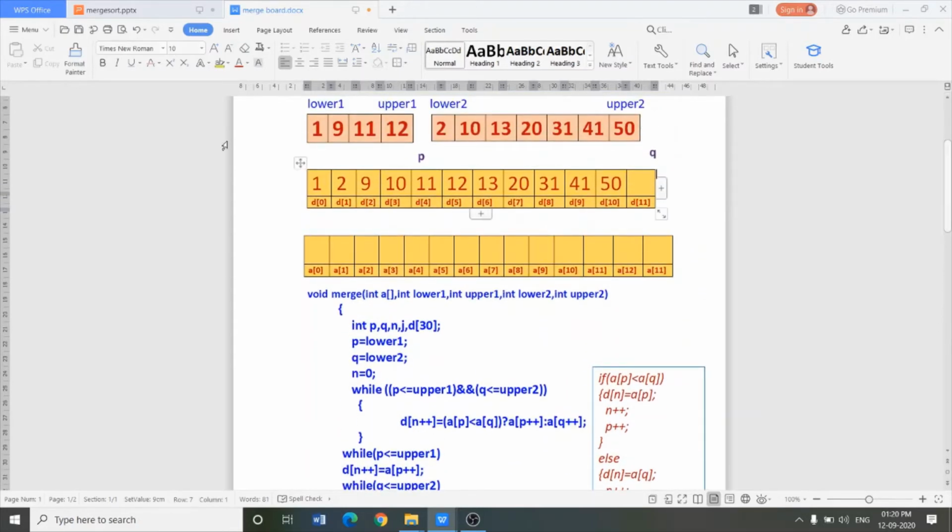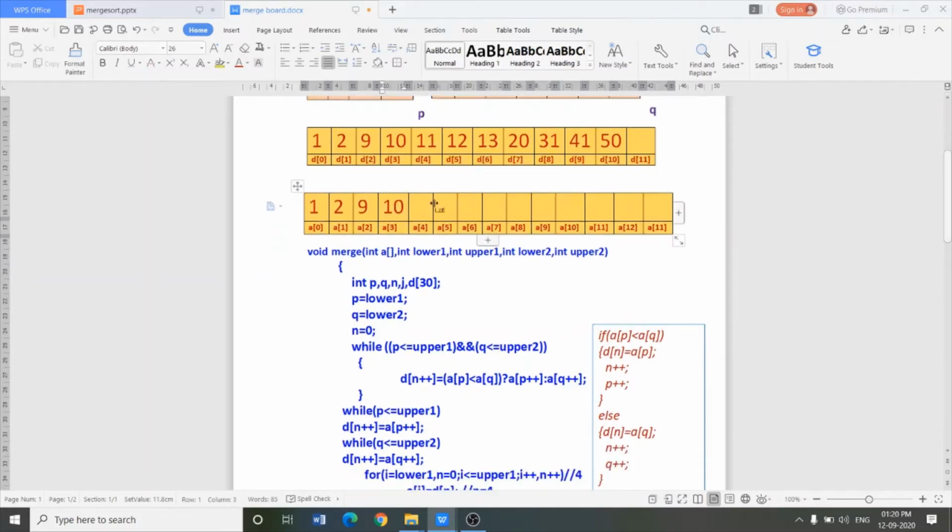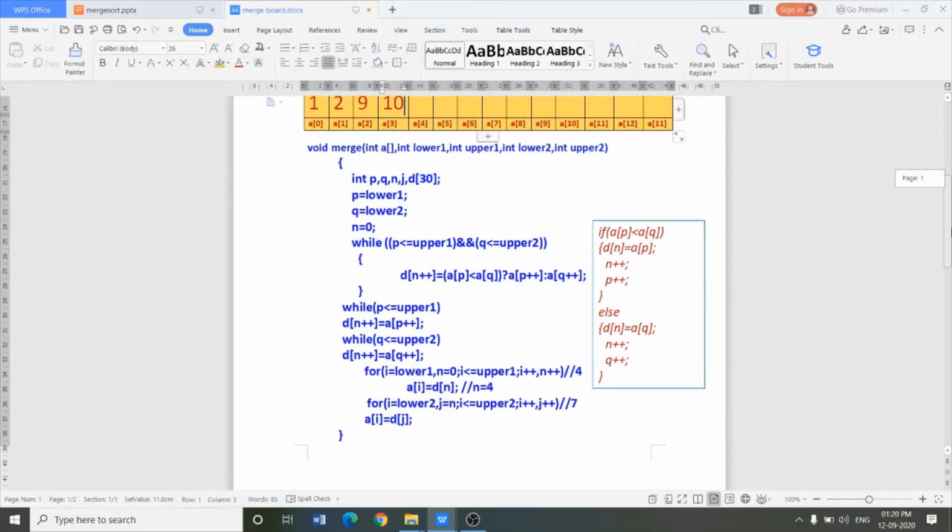So first time n is the index of this array and this is D array. So first time copy D0 to A0, then D1 to A1, D2 to A2 and D3 to A3. Now then this loop will execute 4 times, 4 values are copied and finally what is the value of n now? N plus plus and this loop false. So last value of n is 4. So we start inserting from the fourth element.